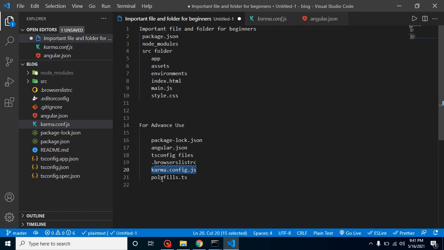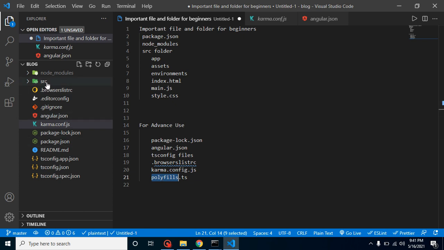And the last one is polyfill.ts. So see, sometimes all browsers do not support our code because maybe you are working on a very complex Angular project, and there are a lot of style changes and very high level styling present in your application. So it might be that not all browsers will support your style and design. At that time you can add some additional libraries to support them inside the polyfill.ts file.